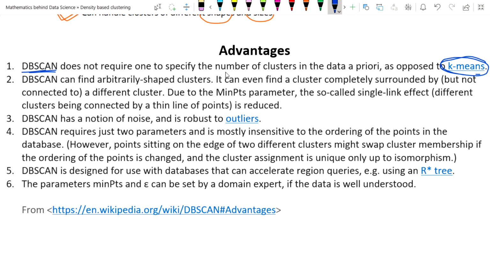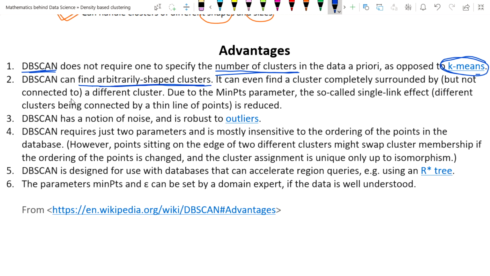That is, the number of clusters in the database need not be known. The second advantage is that it can find arbitrarily shaped clusters. This is the second one.